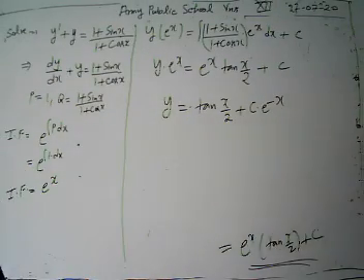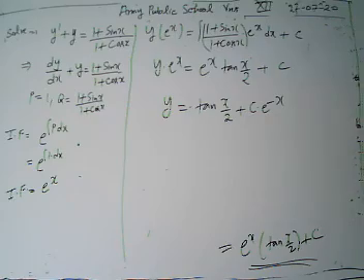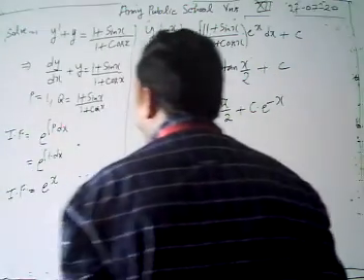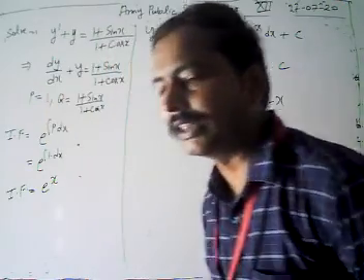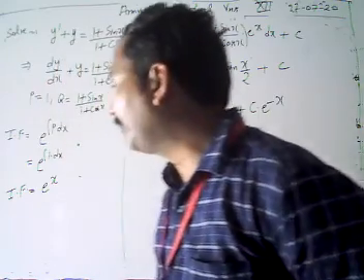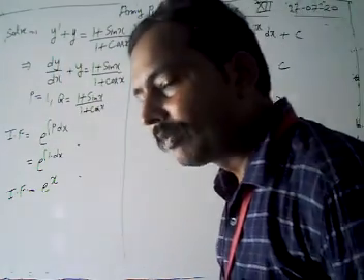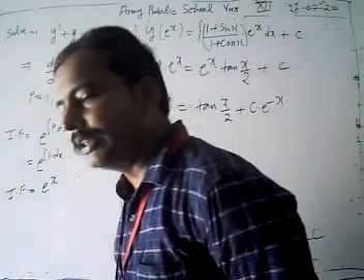Again I want to revise this. We have the problem y prime plus y is equal to 1 plus sin x upon 1 plus cos x. Then we can write it in standard form, dy by dx plus y equal to 1 plus sin x upon 1 plus cos x. Comparing with our standard form, we get the value of p is 1, q is 1 plus sin x upon 1 plus cos x. Then we find our integrating factor. Our IF is given by e to power integration of p dx. The value of p is 1, so after solving, we get our integrating factor as e to power x.